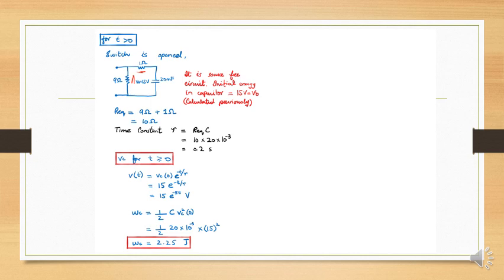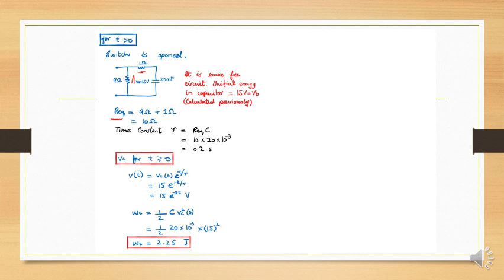It's a source free circuit. As we know, in this kind of response we are going to study source free circuits. And what is the charge present in it? Due to the capacitor. Now how can we find out R equivalent? If you remember the Thevenin equivalent, this is Thevenin equivalent. For R equivalent, you have to remove the source. In this case our source is the capacitor, and find out the total resistance.